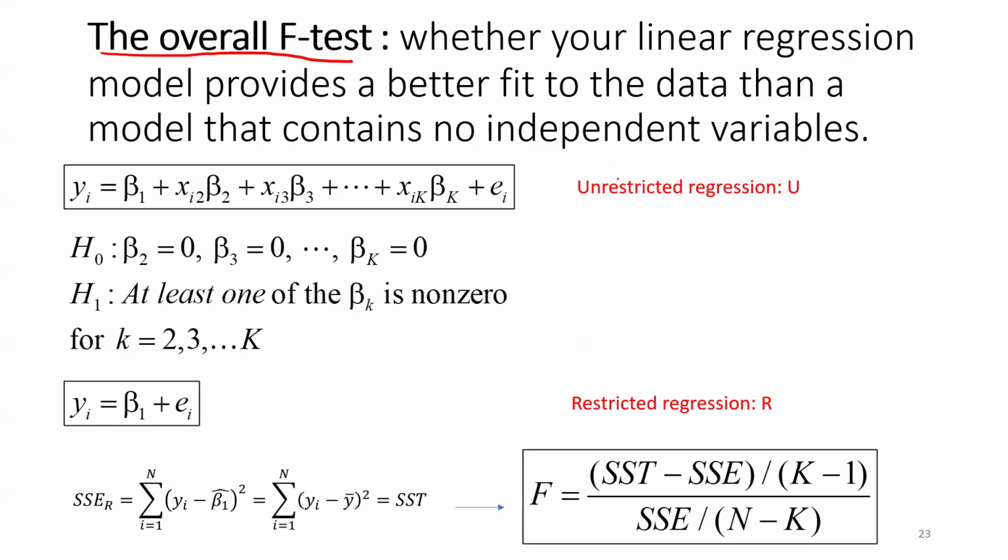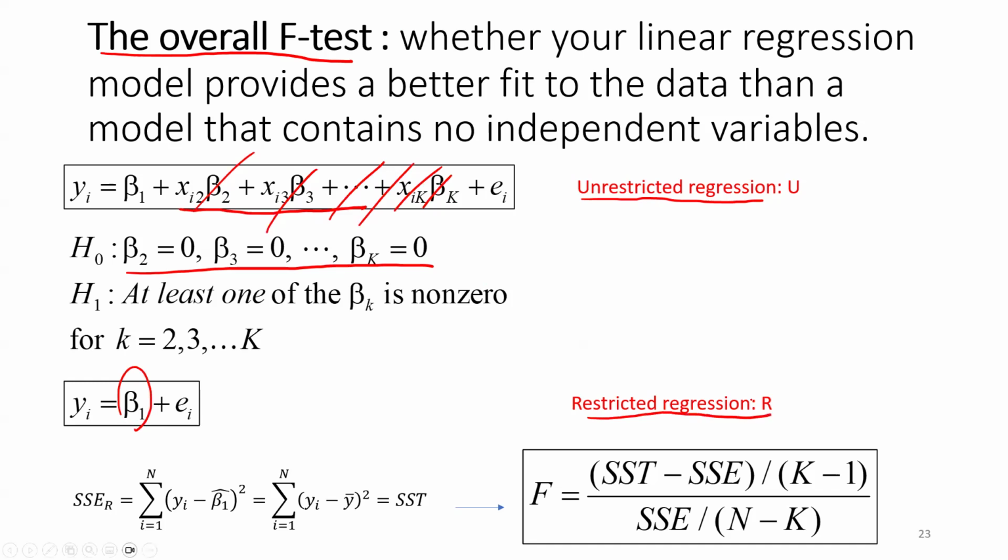Then you set your model as the unrestricted regression, versus all explanatory variables being zero, no effect on the dependent variable. Then your equation becomes only intercept. Okay, only intercept. Then I call it the restricted regression,